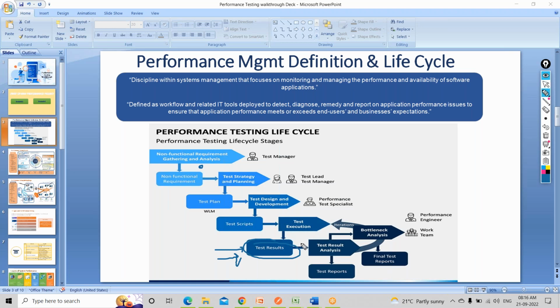You again run the test, and when you do the same analysis, you find, first, whether the solution has worked or not. Second, whether it is helping, whether the response time is within the SLA. So those things are checked, and if that is good, well and good, then again we can have our sign off, we can show the test reports, and we can have our final report.